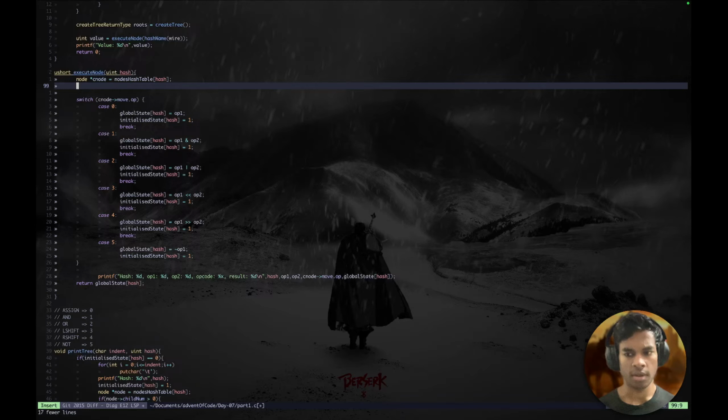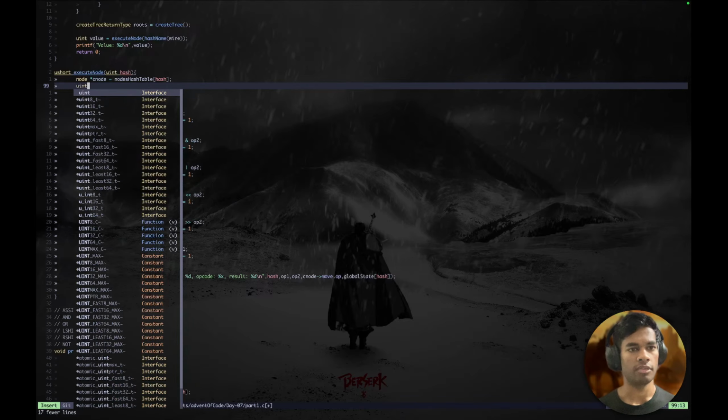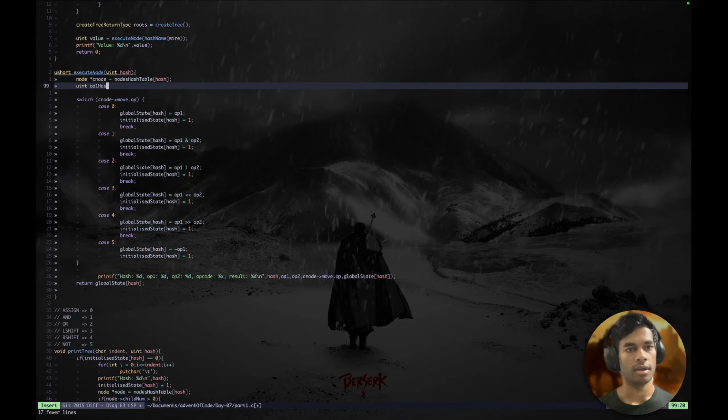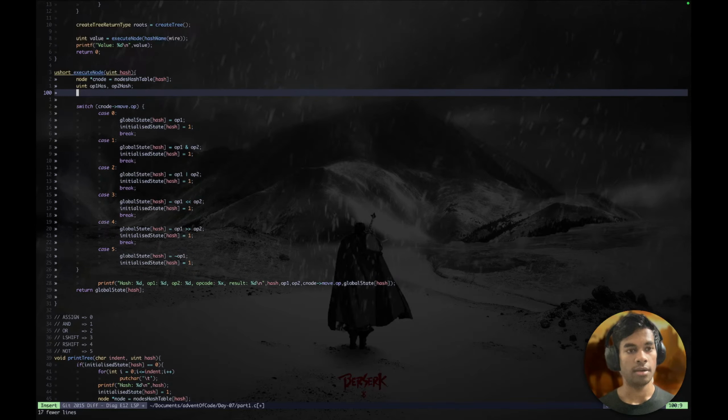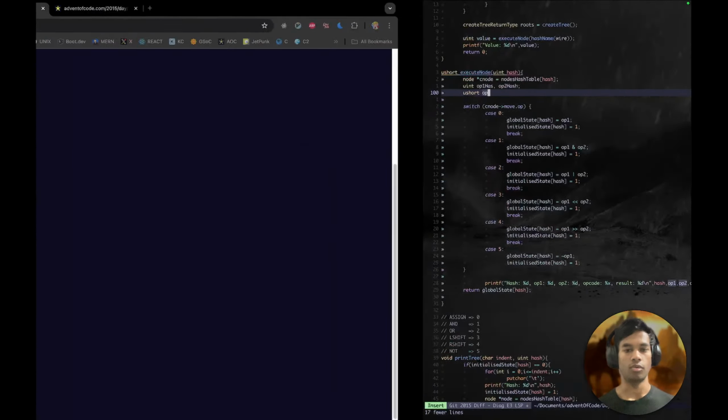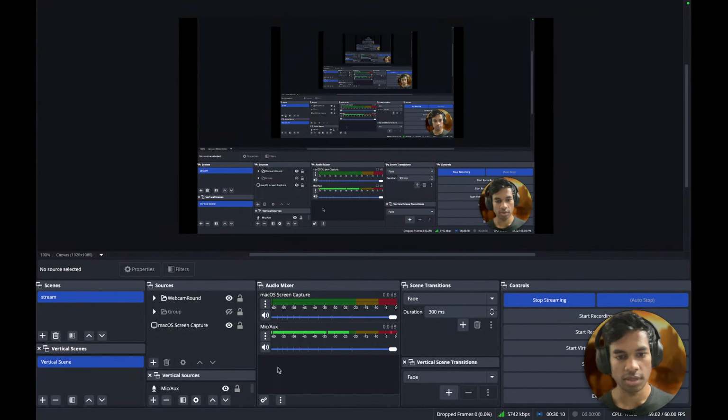So for hashes, unsigned int op1 hash and op2 hash, and unsigned sum will contain the value on op1 and op2, and